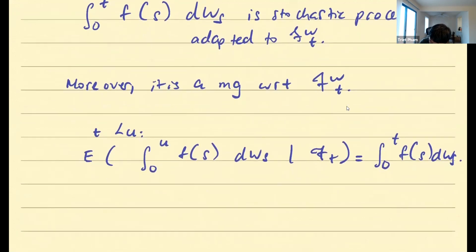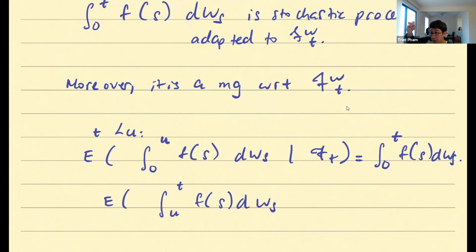Notice what this implies: if you take the future movement, sorry, between t and u, I keep doing the wrong thing. t is behind you. So if you integrate from t to u, conditioned on Ft, you get 0. You get 0. This actually has a very deep implication that we may not have time to go into in this class.